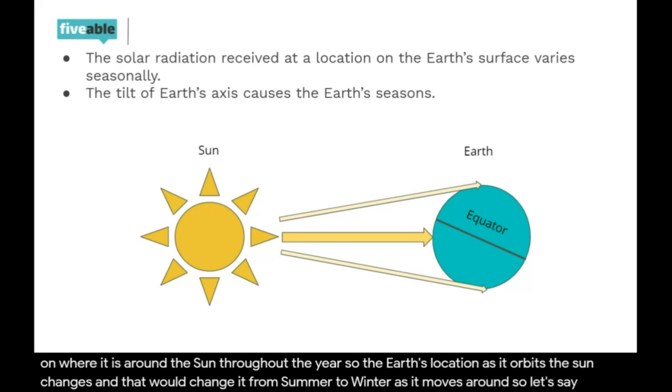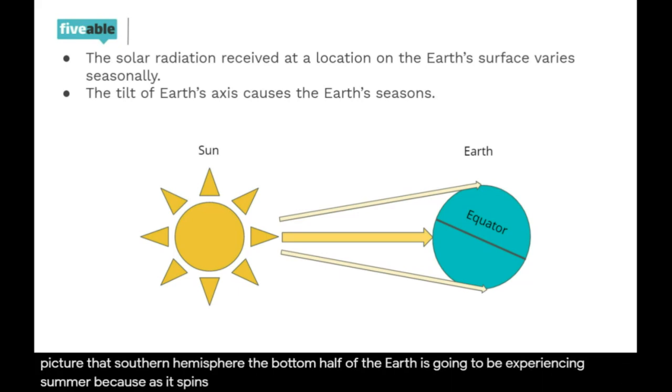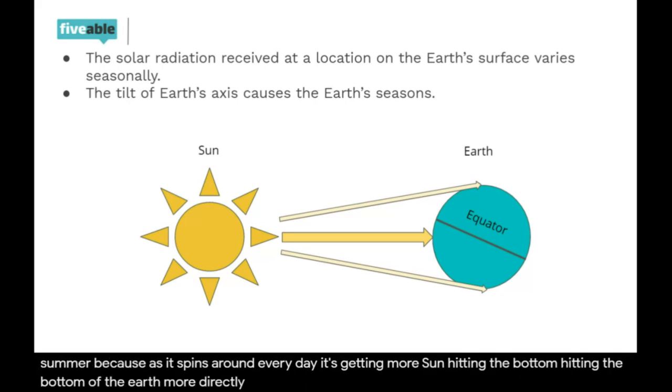So let's say in this picture, that southern hemisphere, the bottom half of the Earth, is going to be experiencing summer because as it spins around every day, it's getting more sun hitting the bottom of the Earth more directly, whereas